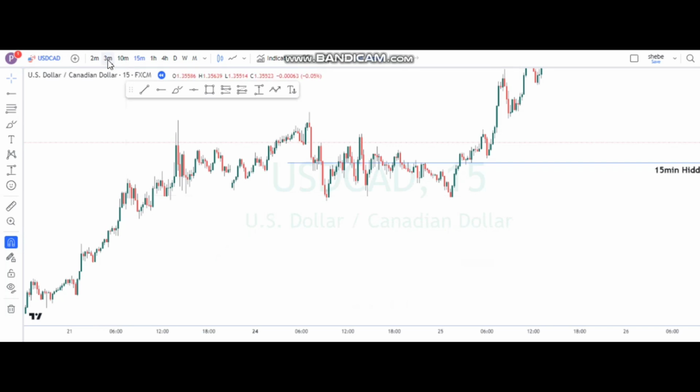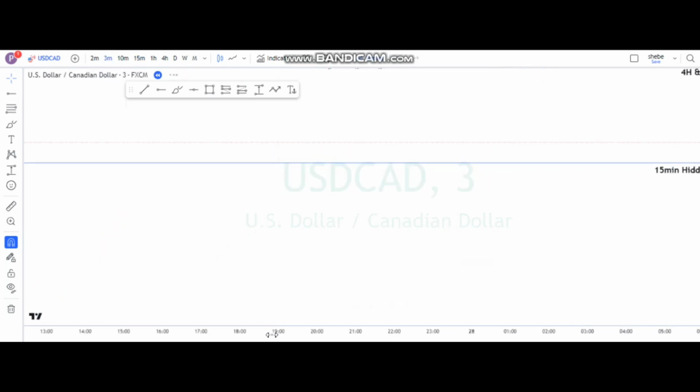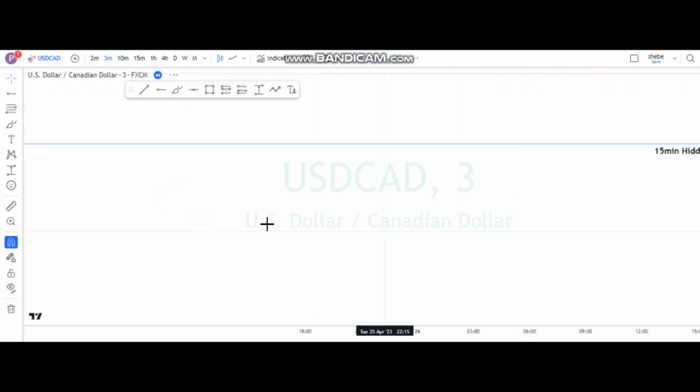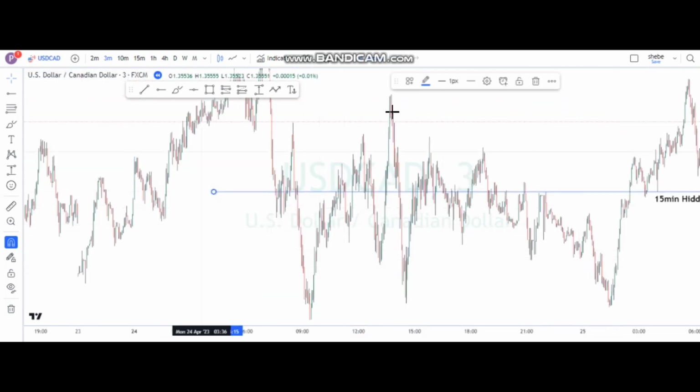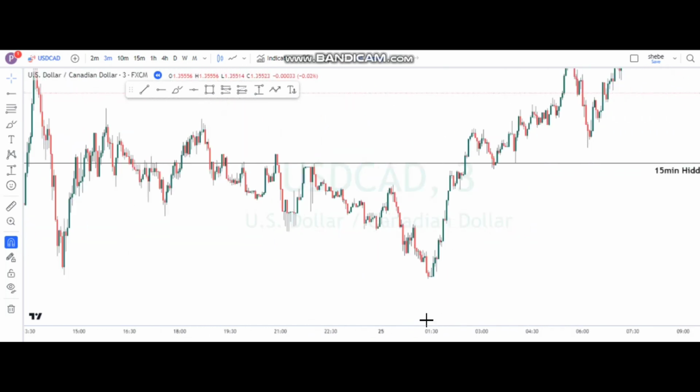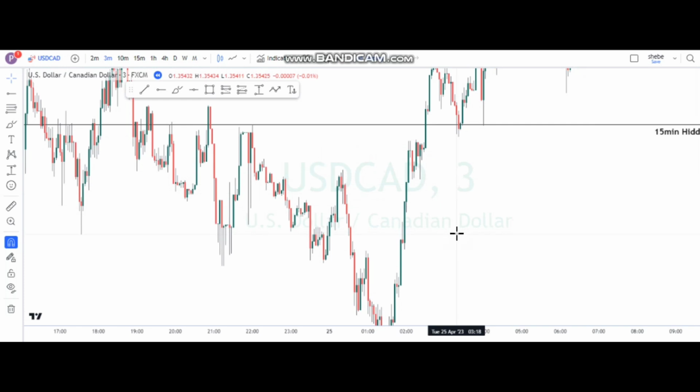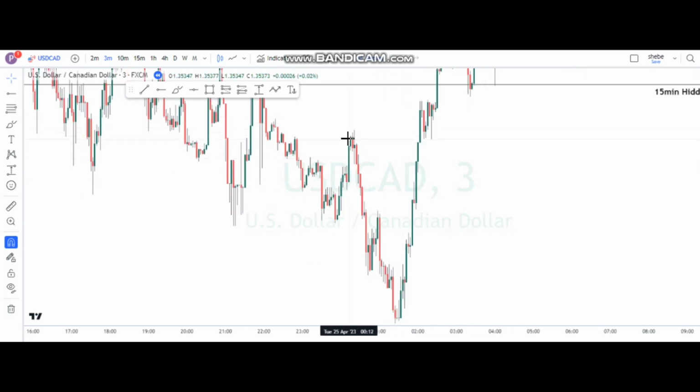That being said, we just go to 3 minutes and find the point there so as to take your trade. If you go to 3 minutes, just do the same thing and look for the 3 minutes invalidation point, or 3 minutes hidden invalidation point, below the 15 minutes invalidation point. If you come here, you find that this was high, low, and here this one becomes our highest point below the 15 minutes. That being said, this one becomes our invalidation point here.